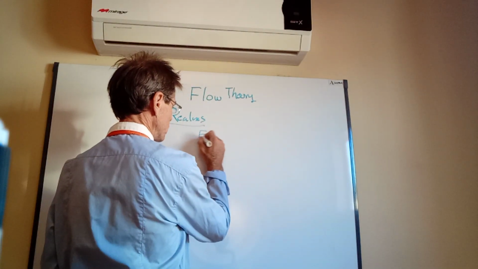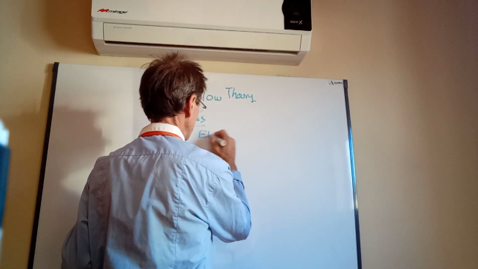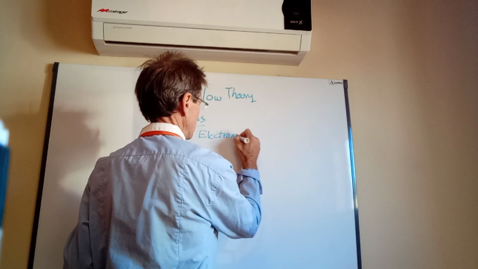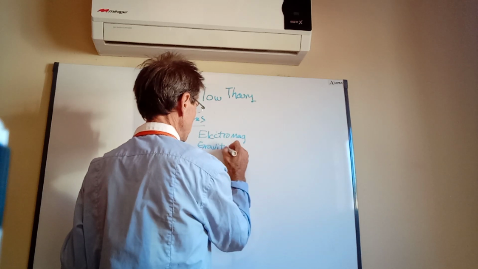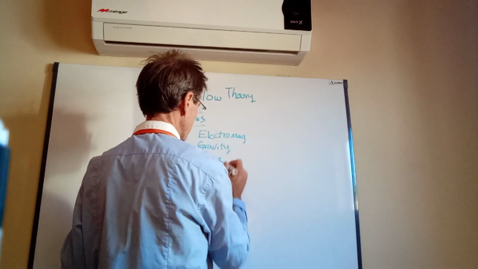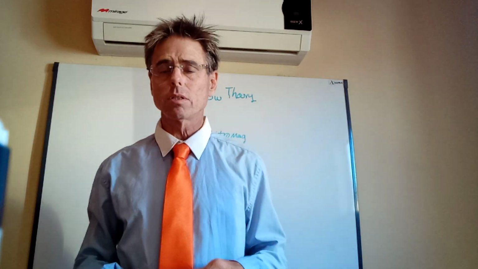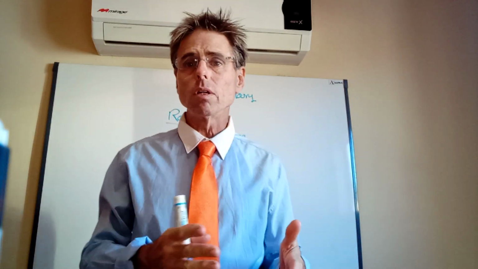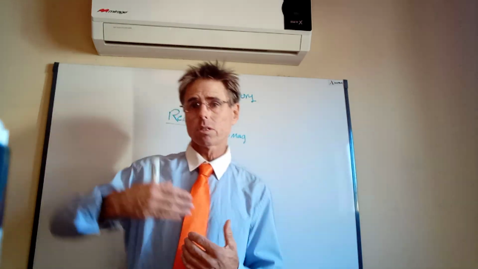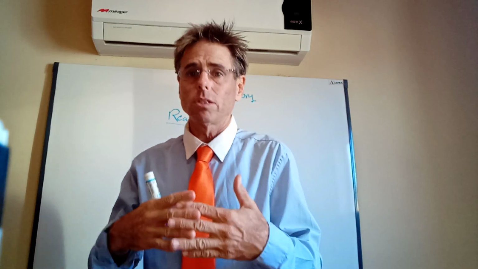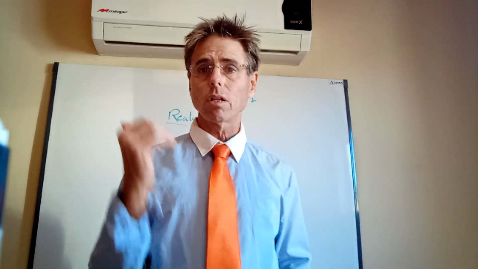In flow theory, we have electricity, or electromagnetic, actually. And then we have the gravimetric, and then we have the time. So, as an example, I think this will help illustrate it. Electricity, according to flow theory, exists in a secondary realm. It doesn't exist in the realm that I am in. It exists in another realm that is connected to this realm. And a very good example that illustrates that is the fact that electricity is invisible.